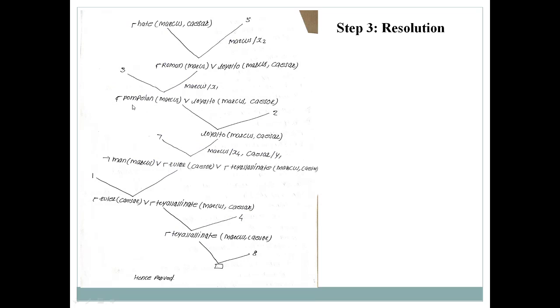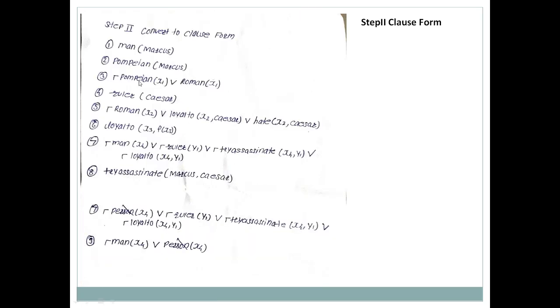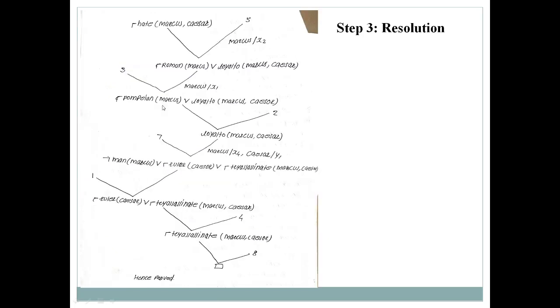So now next we try to cancel this Pompeian. Whether positive Pompeian is there? Yes, in the second statement we got the positive Pompeian, so we will write 2 over here. So we try to cancel this Pompeian present in the second statement, so that we get cancelled. So we have left with loyal to Marcus comma Caesar.